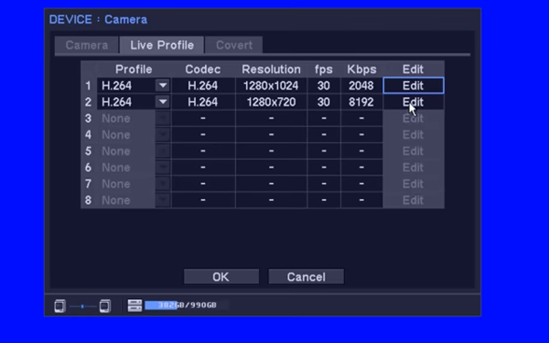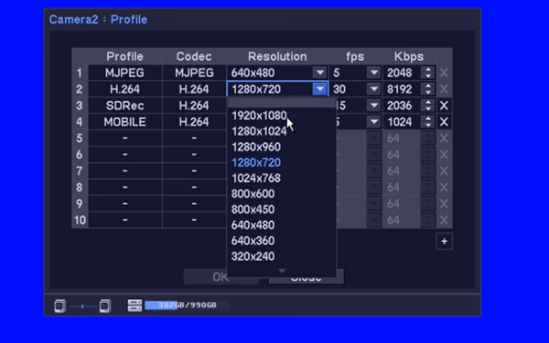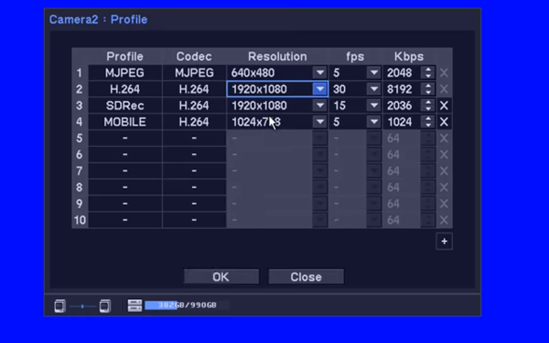For my next camera, same thing, I'm going to edit that. You'll see it's set to 720p. This camera is actually a full HD camera. If I don't change it, it's only going to use that lower resolution. So we're going to select that. Again, I don't need that high of a bit rate, so we'll lower it